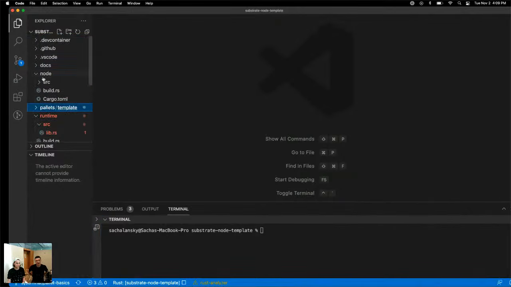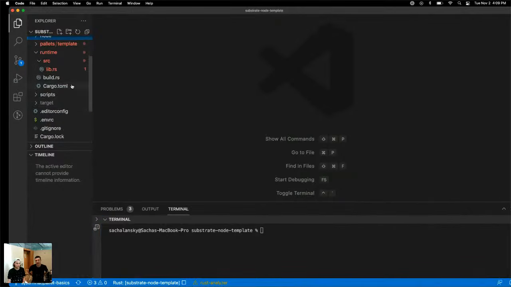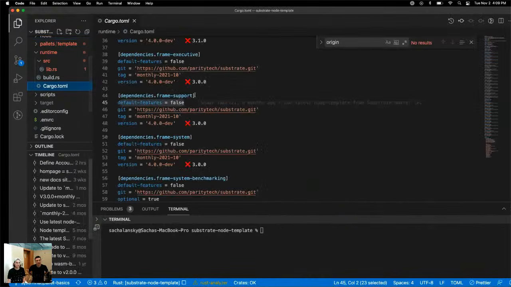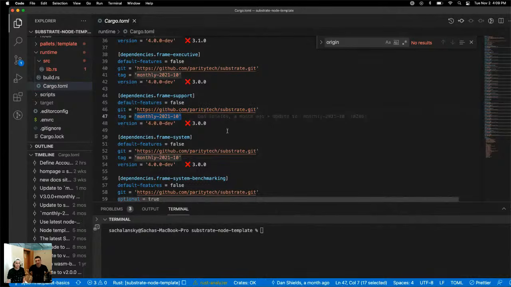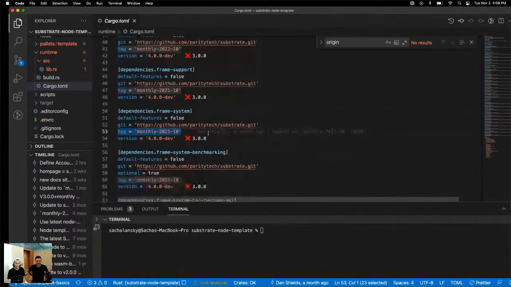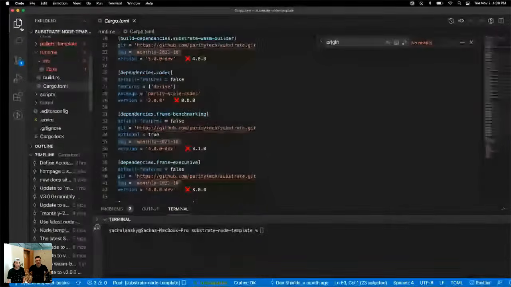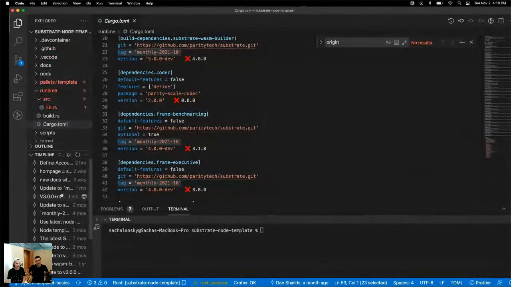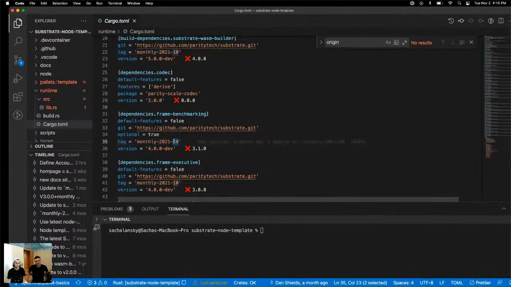Yes. So this is the standalone template that otherwise you would have to find in the big Substrate repo. And if I go to runtime, I can see the monthly tag. So that's what we were talking about earlier, using the Git upstream and the same tag for everything that touches that Git repo. Like you said, this is a branch of this monthly latest,